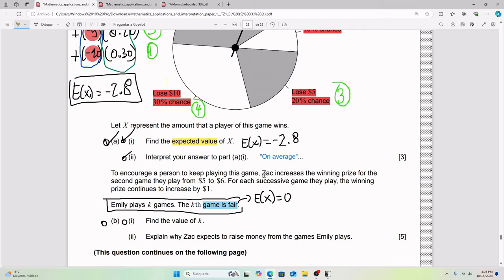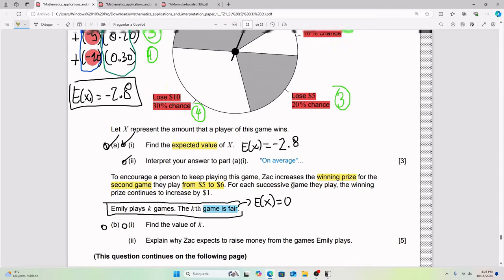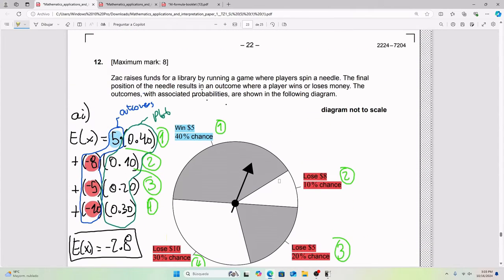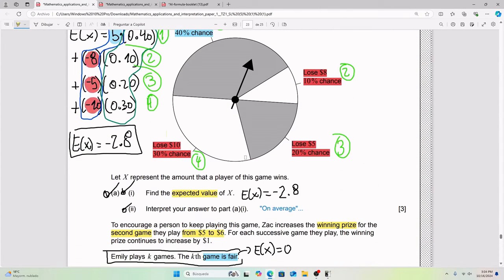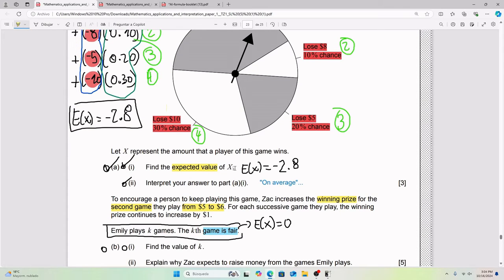They tell us, Zach increases the winning price for the second game from 5 to 6. And for each successive game, the winning price continues to increase by 1. All right, Zach is entirely an entrepreneur. He's trying to convince us to play his fishy game and take all our money. Zach is probably going to be a politician. Anyways,